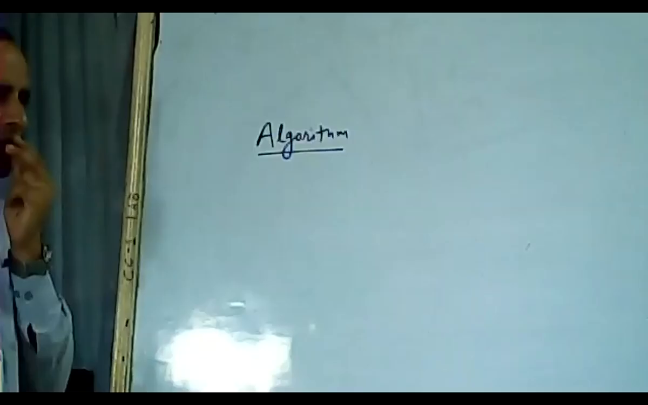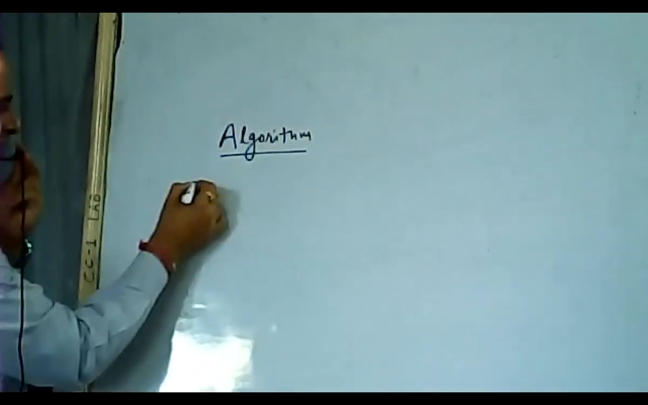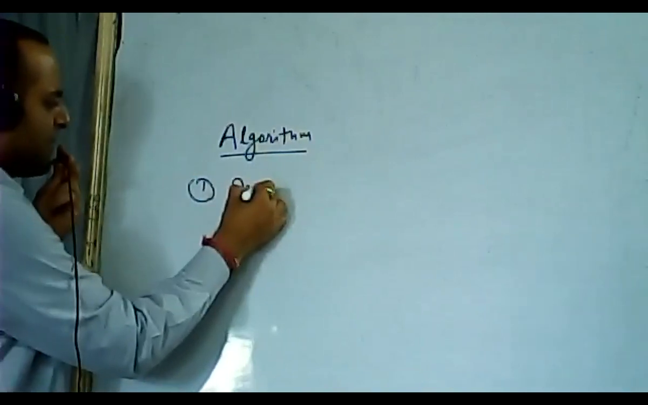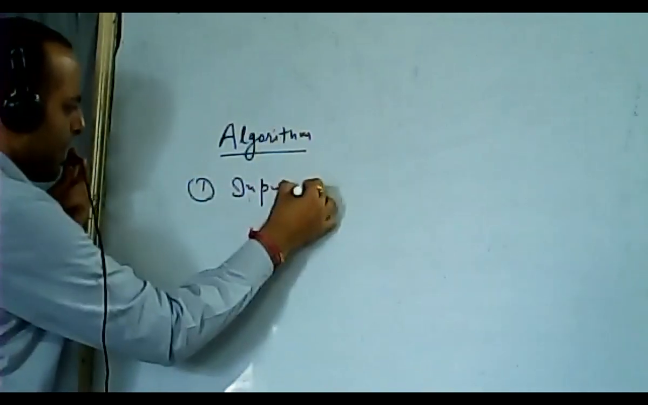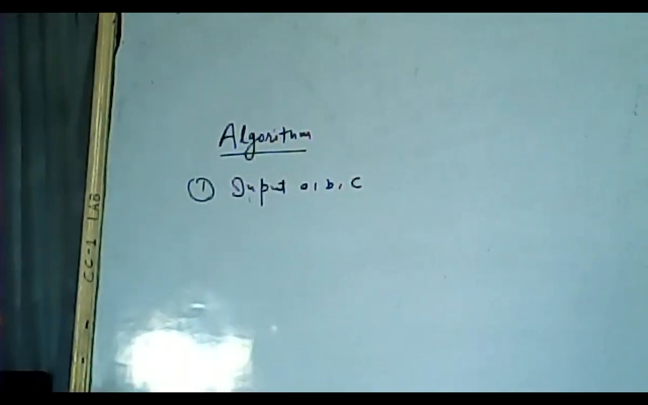Suppose I need to find out the greatest of three numbers. So what will be the algorithm for it? First I will input the three numbers: input a, b, c. You can write input, accept, or read, it is the same thing. Second step,